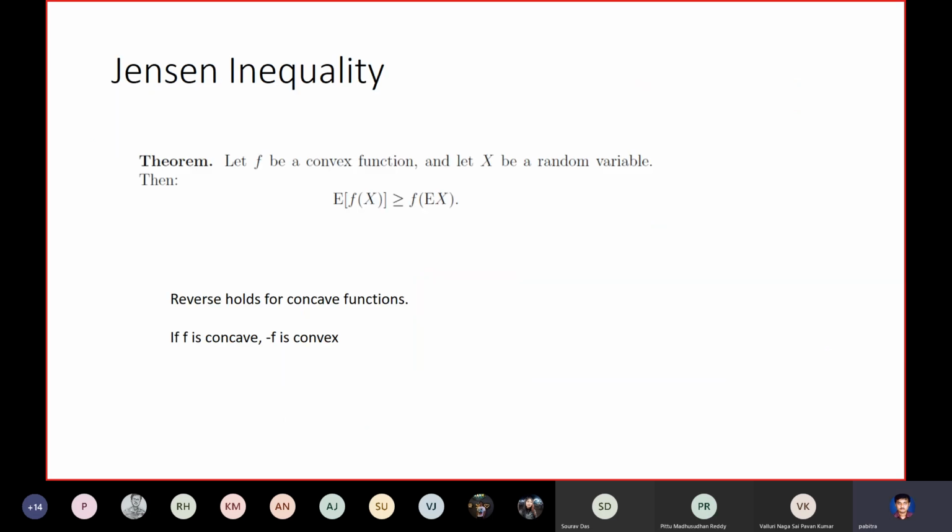This is something called Jensen's inequality. I have written down the statement for a convex function; the reverse holds for concave functions. So what Jensen's inequality says is that if f is concave, then